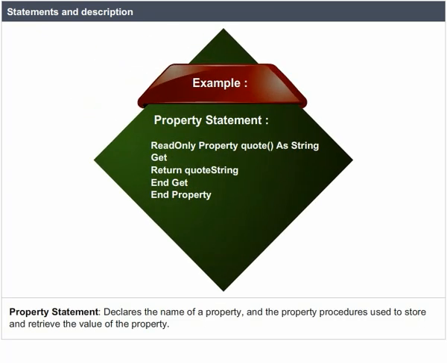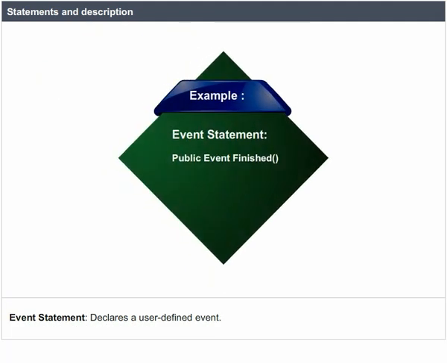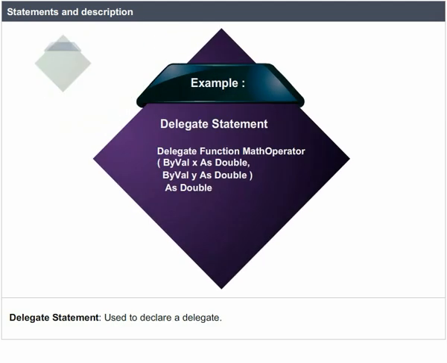Statements and description. The Property statement declares the name of a property and the property procedures used to store and retrieve the value of the property. Example: The Event statement declares the user-defined event. Example: The Delegate statement is used to declare a delegate. Example: